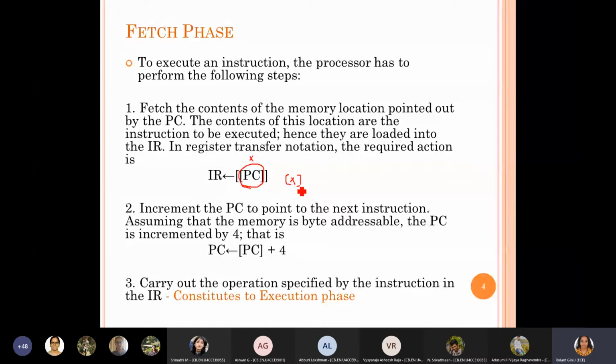Okay, here the content of the program counter, assuming some value X, is not the value that should be loaded in the IR. The data pointed out and stored at X should be loaded in the IR. That's why we have two square brackets there. So once we load the content in the IR, the decoding process starts to identify what operation it is,